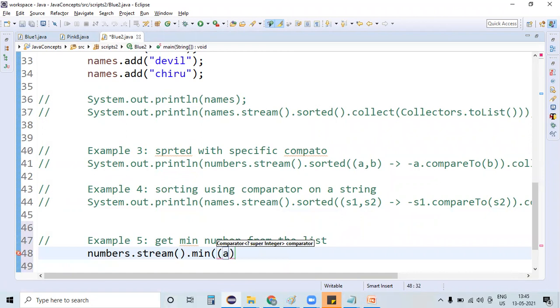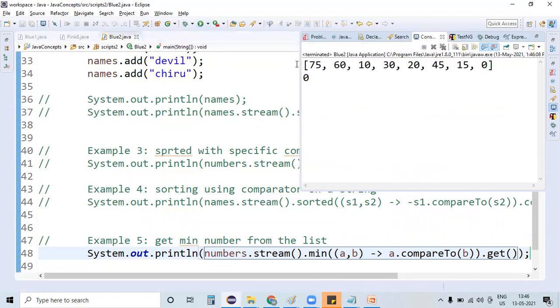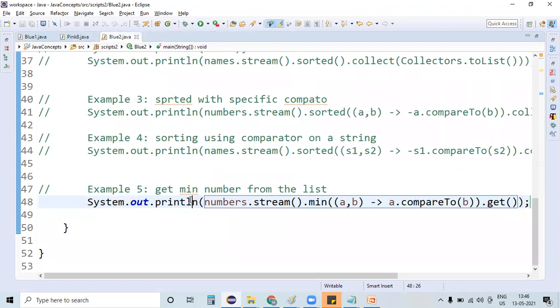For the numbers, the comparator we have already given is a.compareTo(b). We simply get that value, print this information, and see whether it is getting the minimum value or not. See, in the numbers, the minimum value is 0. The 0 was captured here.